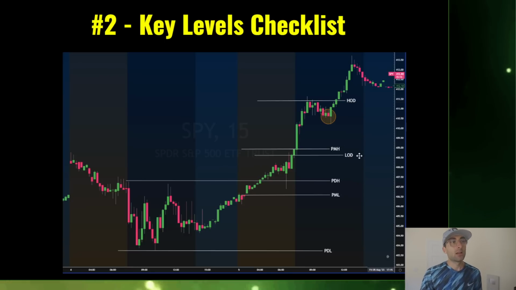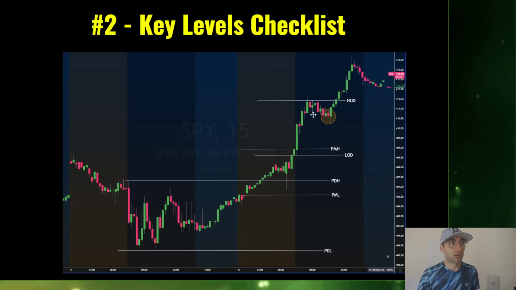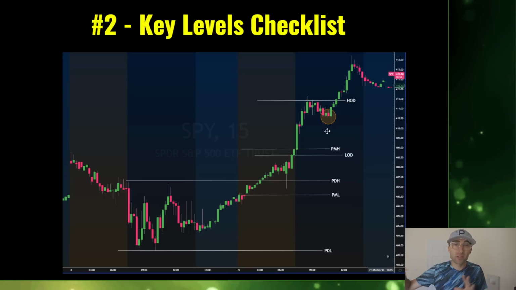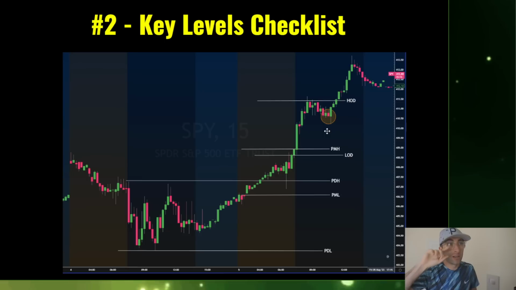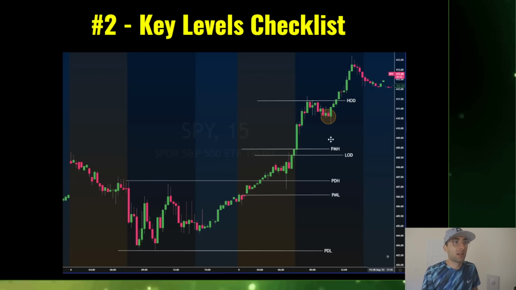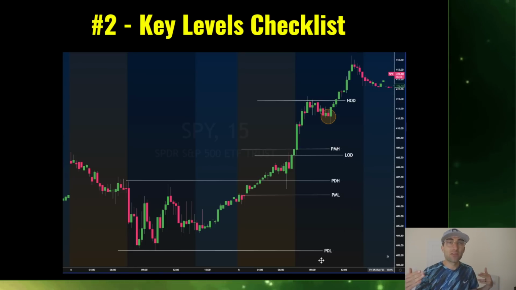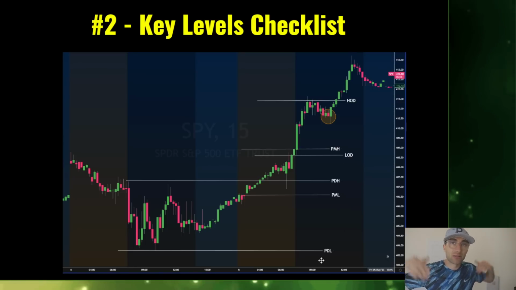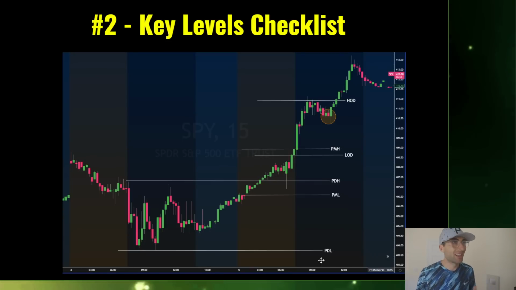This is the open, low of the day on Friday, and then high of the day. Let's say we were trying to get in at this break or at this pullback. How much of a score would we have? How much of a potential do we have for continuation? Well, if you look below the stock, every single important level is beneath us. So we don't have too much upper resistance, which means the trend can go forever. Obviously not forever, but it's going to have the highest chance of continuing at a high